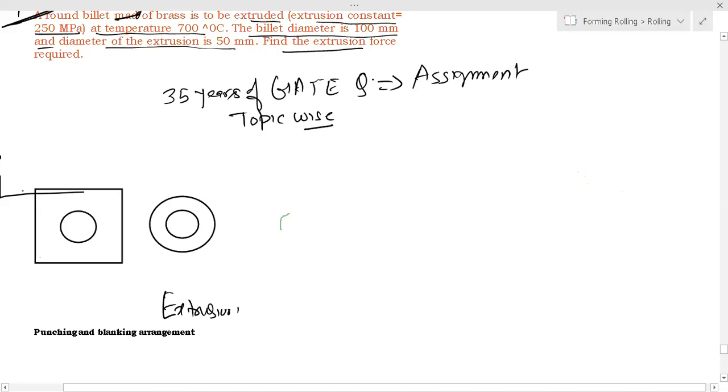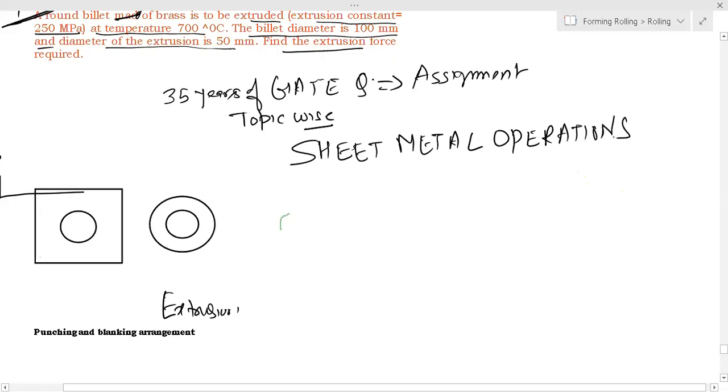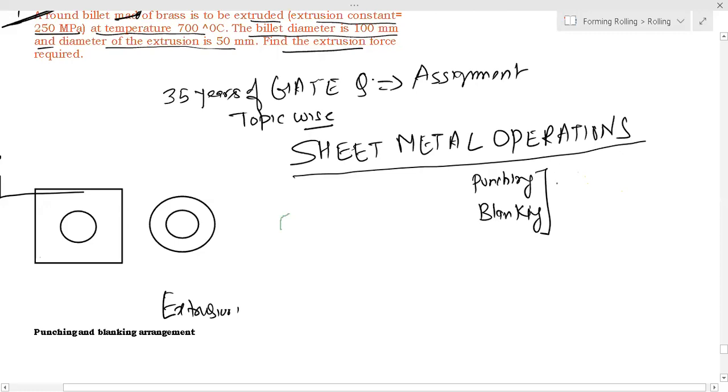So now moving to another topic, that is your sheet metal operation. Sheet metal operations. Here we'll understand basic punching and blanking. In these two things we'll understand die and punch design,